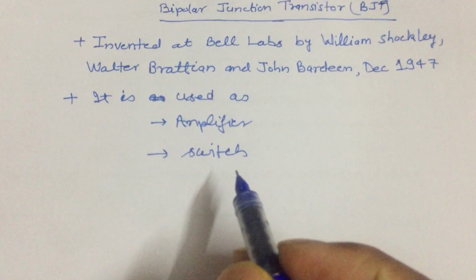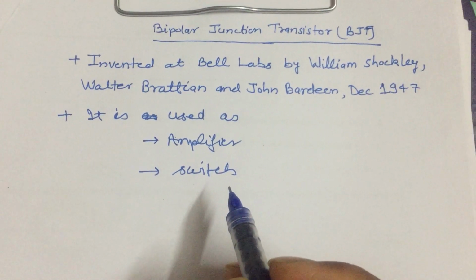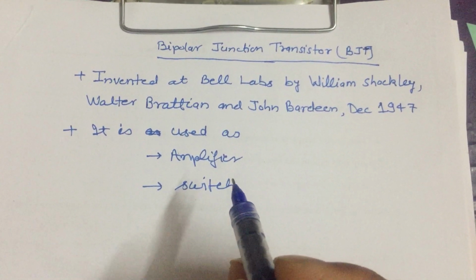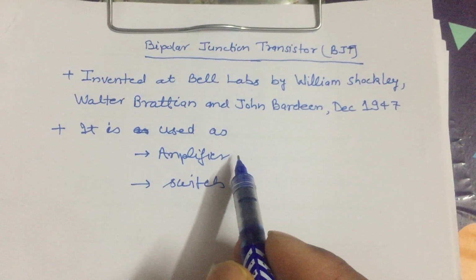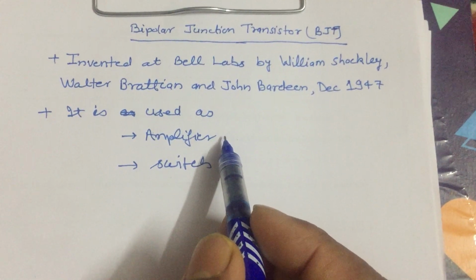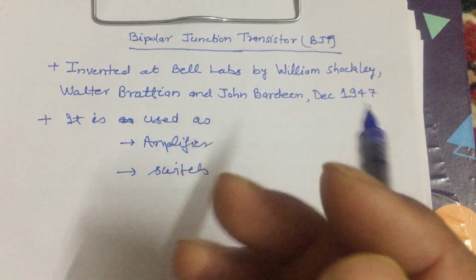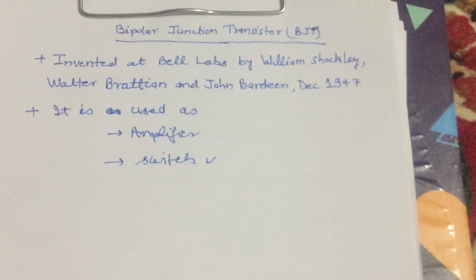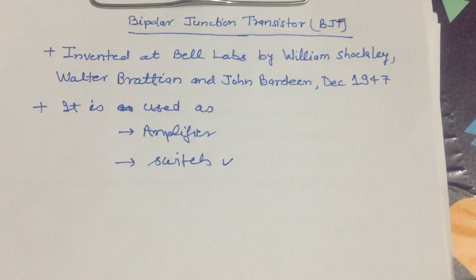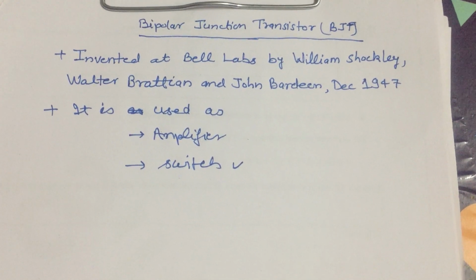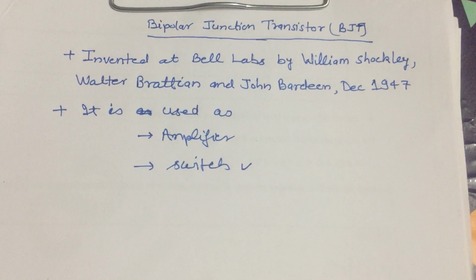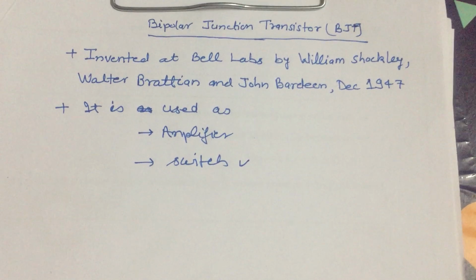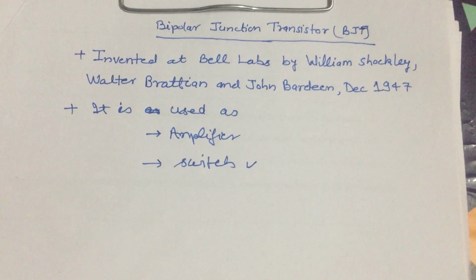In every electronic device, maybe TV, fridge, satellite, mobile phone, laptops, all have an amplifier. An amplifier means an electronic circuit which is used to amplify signals. If the signal value is very small, it amplifies the signal. And the second most important thing in electronics is a switch. All computers are made from switches. In a mobile phone, the main circuit is the switch. So BJT is used as a switch in almost all electronic circuits.